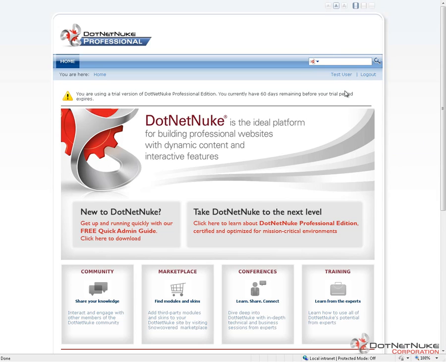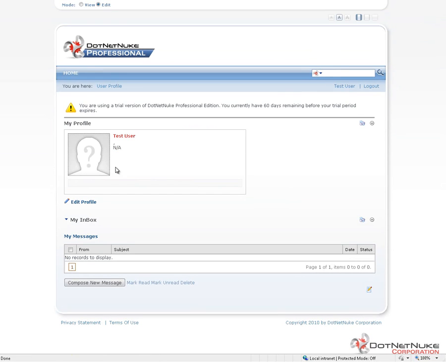So you can see up where it once said register, it now has our display name, first name and last name showing up, and then a logout link. So now that we're logged in, we can see that we're logged in. We don't have any permissions on the site at this point, but we are logged in with the website. If we go ahead and click on our username or our display name up there, it will take us to the profile page in .NET Nuke for our account, which at this point doesn't have any information populated,